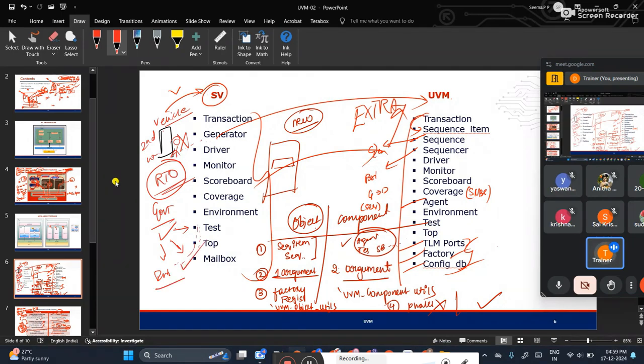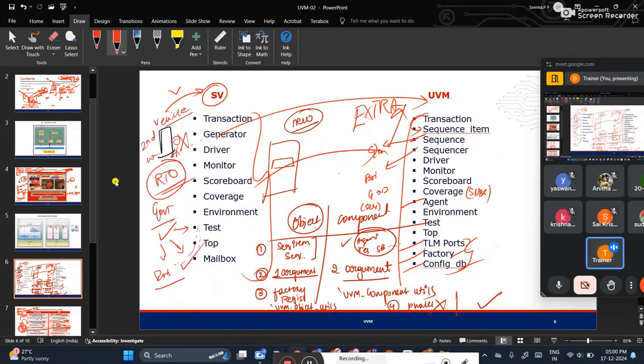Suppose illegally, you simply give the amount and take the vehicle, that is of no value. Suppose in future you want to claim the insurance or something, you can't do that, because legally you have not registered under the government, correct? The same happens in UVM code also.